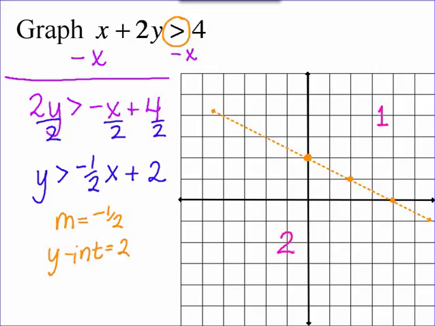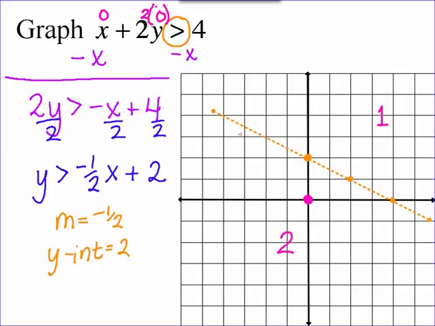So I'm going to pick a point either in region 1 or region 2. I'm going to pick a specific point. Notice the point can't be on the line. In this case, I'm going to pick this point right here. Why would I pick 0, 0 or something with 0? Because it's the easiest way to plug that in. So now I'm going to take that point 0, 0 and plug that in up here